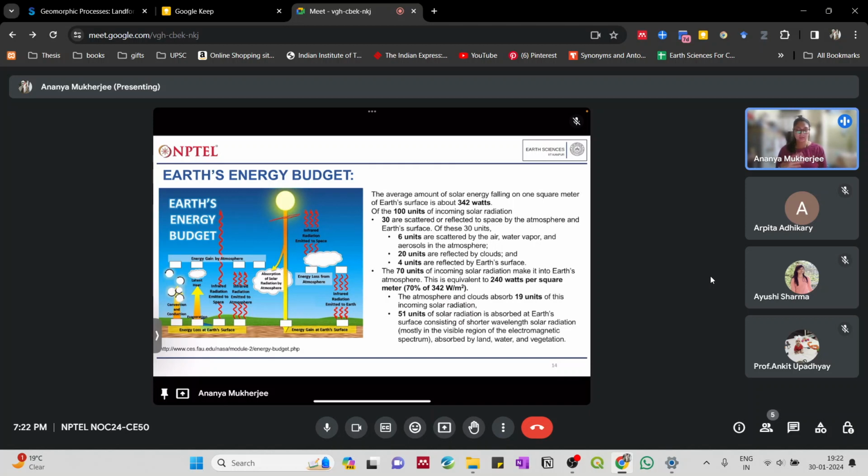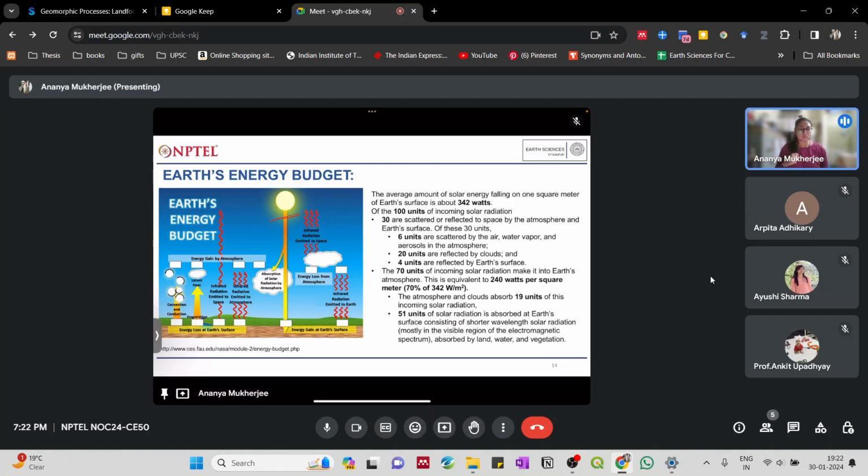Now the energy that is coming in due to solar radiation, different kinds of processes and factors play a role in either absorbing this energy, reflecting it, refracting it, or converting it into a different form of energy. To understand the energy budget, we see how these different processes are playing a role in maintaining the Earth's energy budget.